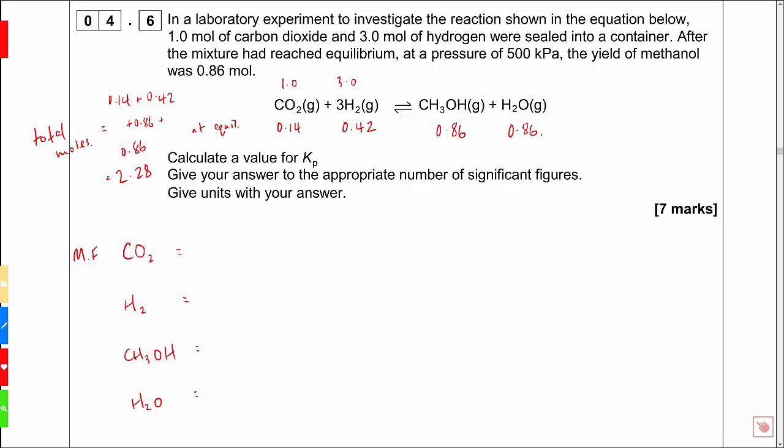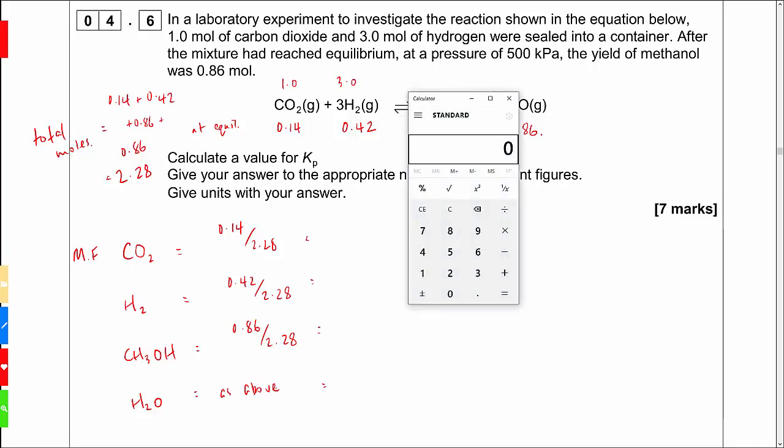So moles of CO2 is going to be 0.14 divided by 2.28. This is going to be 0.42 divided by 2.28. This one's going to be 0.86 divided by 2.28, and actually luckily it's going to be the same value for this one as well, so we'll just do that once. Probably worthwhile saying it's going to be as above, it's going to be the same calculation there. So let's do 0.14 divided by 2.28, but these numbers are lovely. Look at that,